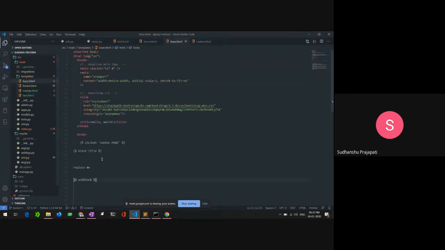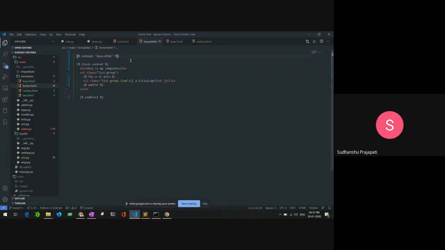Let me change my base.html back to where it was, to block content. In home.html, block content, the navbar is okay, and I need to change here also, and everything is okay now. So